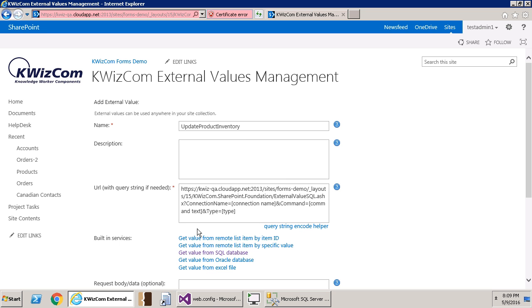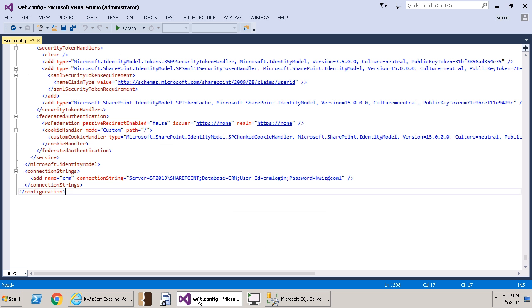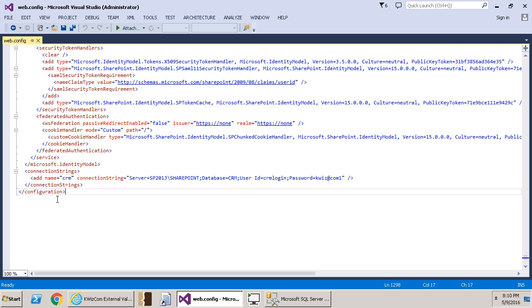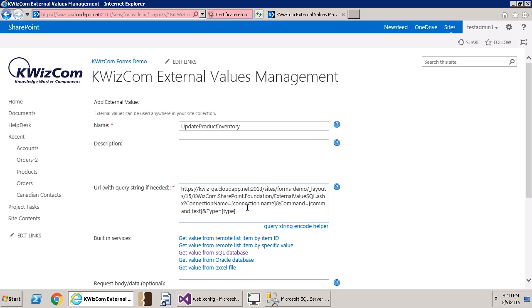For the connection name, KWIZ Forms allows administrators to define a connection in the web.config of the web application, as we did in this example. This way, the users cannot see the username and password for a connection, even if they have access to the external values setting page. I will copy and paste the connection, which is called CRM, and put it in the